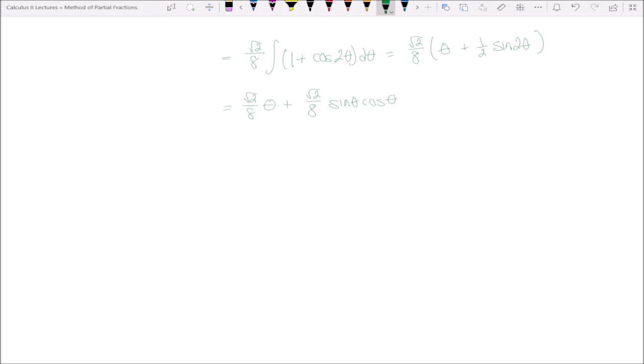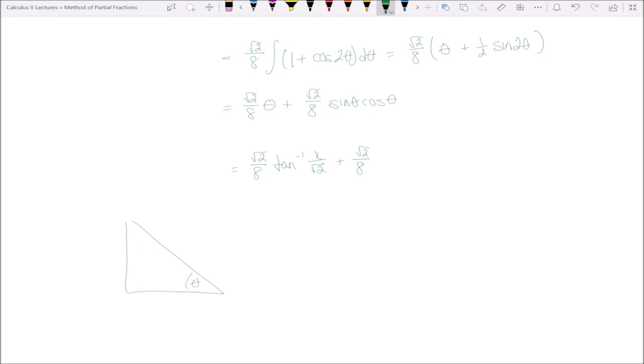How do we want to convert this back to x? So we know we're going to have root 2 over 8 inverse tangent of x over root 2 plus root 2 over 8 times... Now we need to write sine and cosine in terms of x. Well, let's take a look